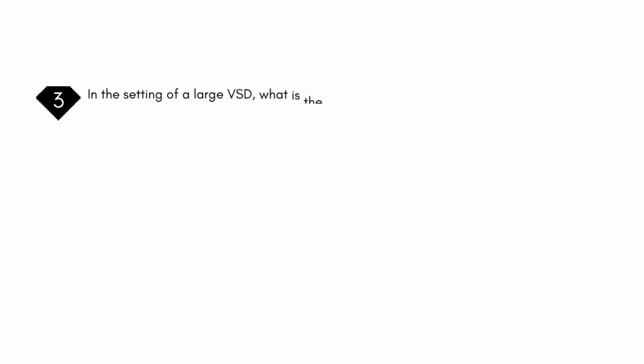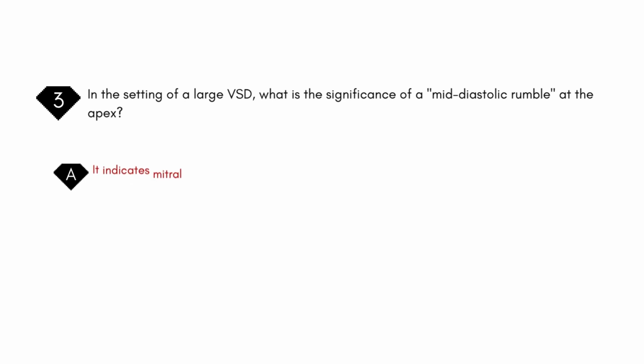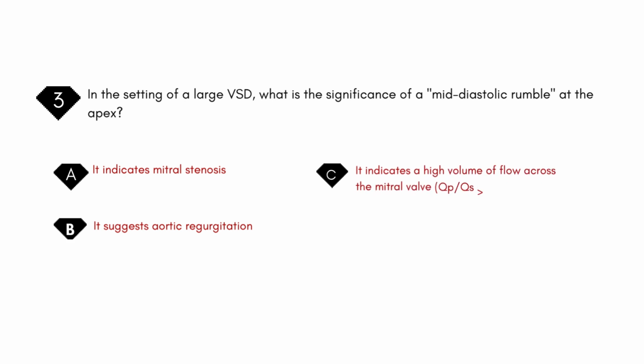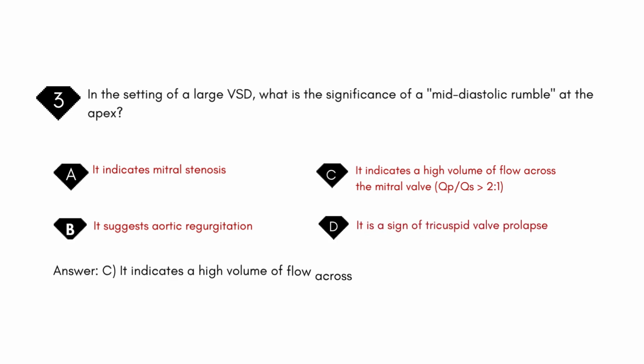In the setting of a large VSD, what is the significance of a mid-diastolic rumble at the apex? A. It indicates mitral stenosis. B. It suggests aortic regurgitation. C. It indicates a high volume of flow across the mitral valve, QP/QS 2:1. D. It is a sign of tricuspid valve prolapse. Answer: C. It indicates a high volume of flow across the mitral valve,